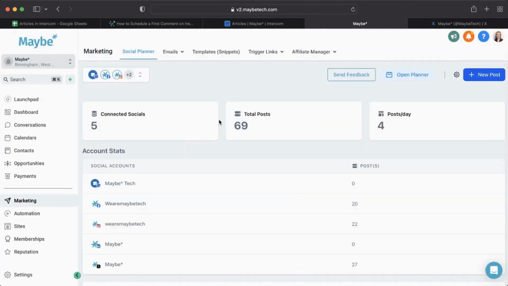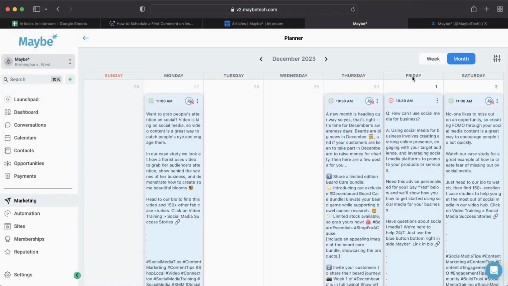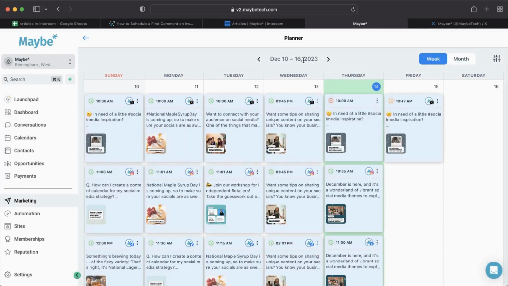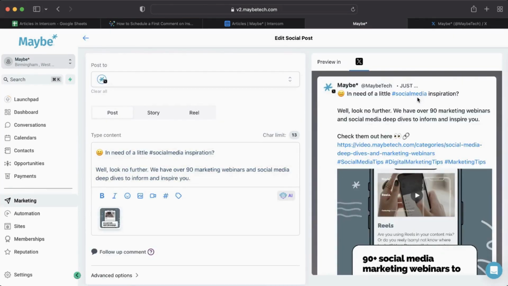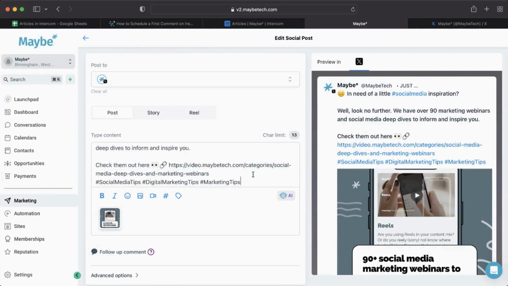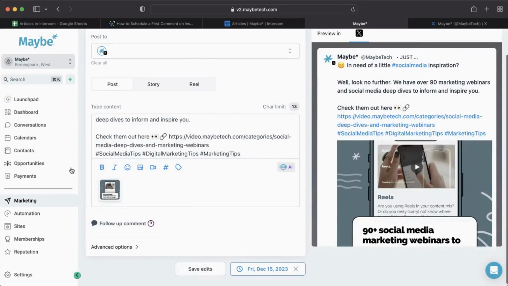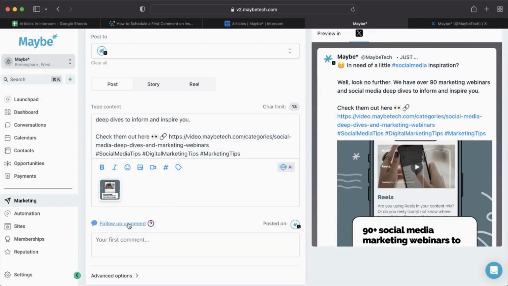But for the purpose of this video, I'm going to go into an existing post. So I'm going to go into my planner. And then I'm going to click to edit a future post. So as you can see, same screen, but the caption and the image are already here. And if you scroll down slightly, you will see this just here, follow-up comment. And basically you click that and you put in here any text that you actually want to include in your